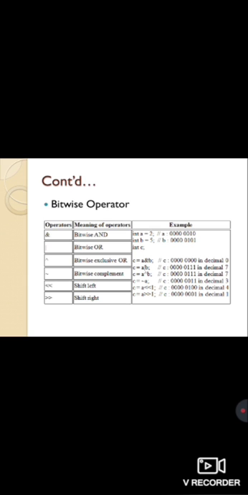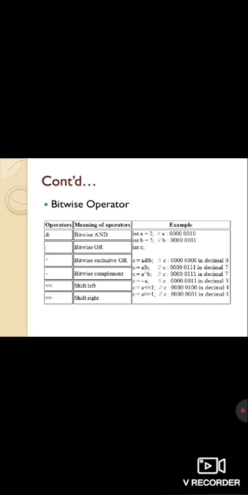For example, int a equals 2, int b equals 5, int c. So here we are declaring three variables and assigning a the value 2, b the value 5. Now c equals a and b.